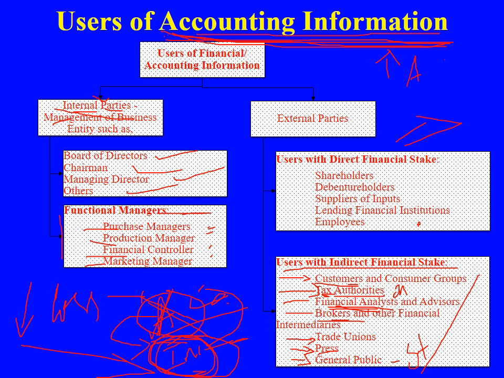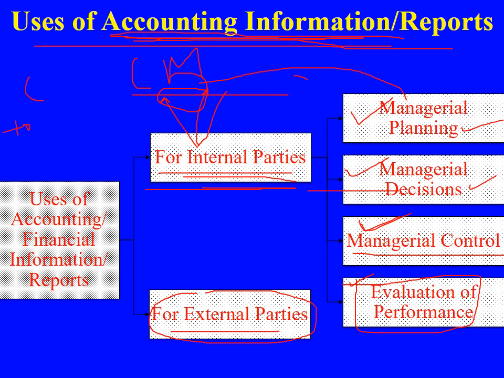So this is your today's class. Today we discussed the accounting, how the accounting journey started, why there is a need for accounting and reporting, how reporting will be done, what are all the branches of accounting we have, why accounting has been called the language of business, why accounting has been called an information system, who are all the users of accounting information, and what are all the uses of accounting information. So in the next class we will go to the remaining aspects.